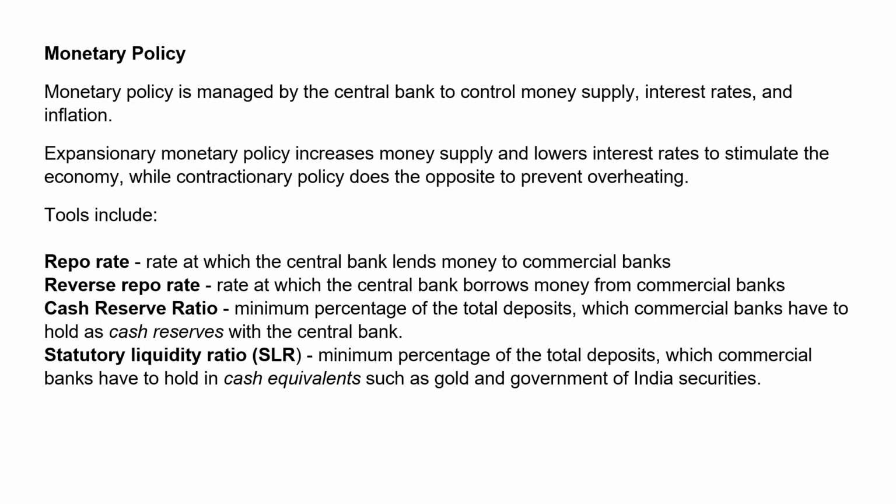So if I am a person in the RBI and I set the monetary policy as expansionary, I would take all the steps to increase the money supply in the market and reduce the interest rate so that people do a lot more spending. While the contractionary policy does the opposite, to prevent overheating. There are different tools which they use. They cannot directly come and tell me to stop spending on this, I will not listen, but they have their own ways of doing it from that level.